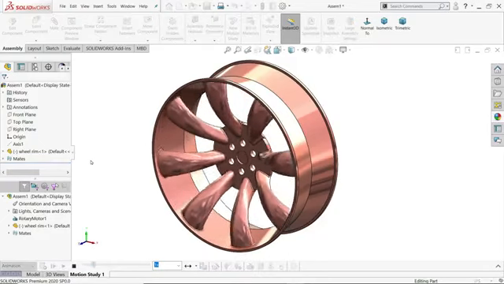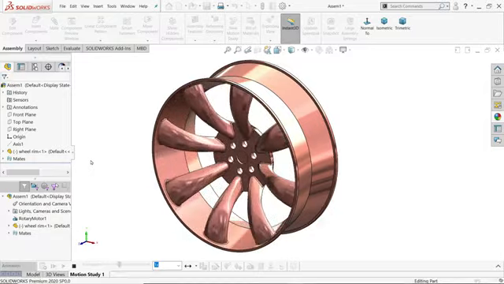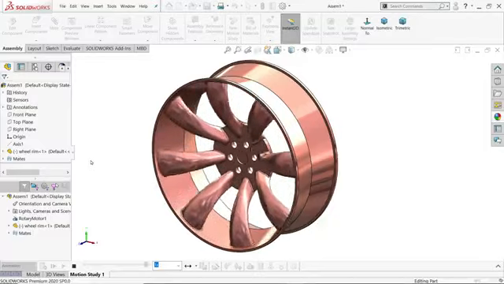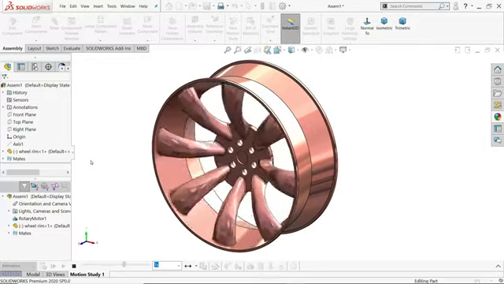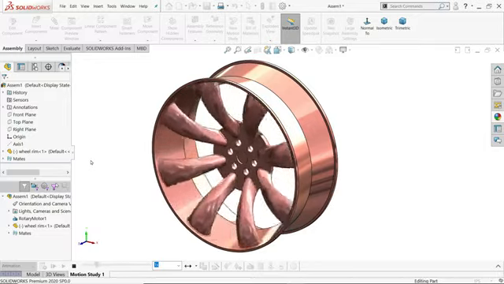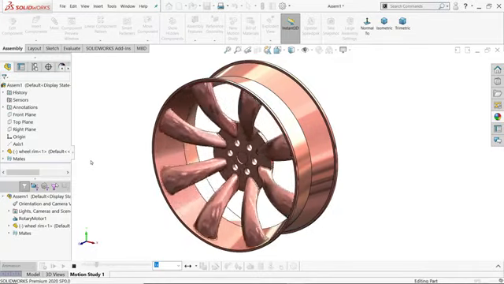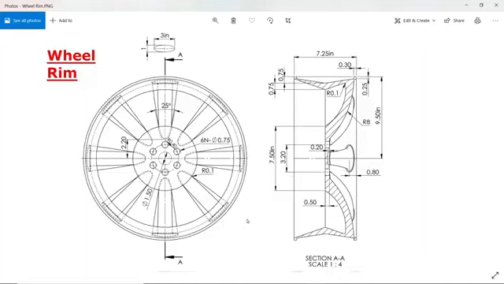Today we are going to take a simple exercise and create a simple steel wheel rim in SolidWorks, and we will learn some basic features like revolve boss base, extruded boss base, cut boss base, extruded cut, how to create a split line, how to use lofted boss base, fillet and circular pattern. So let's see, this is a good example for the beginners. Let's start to create wheel rim in SolidWorks.